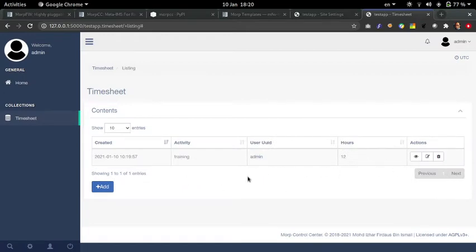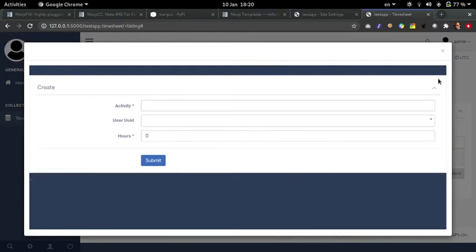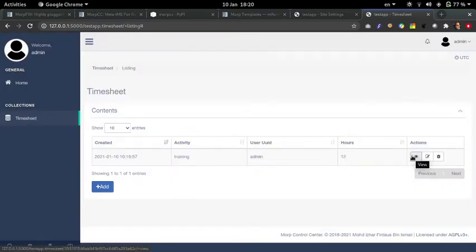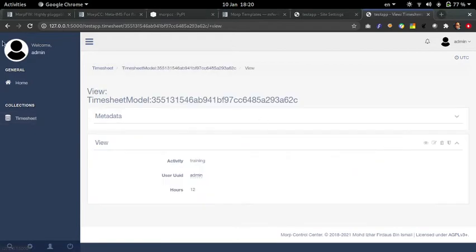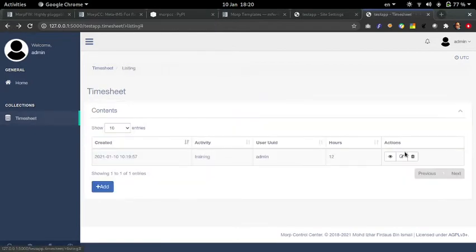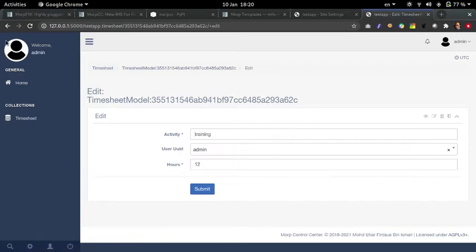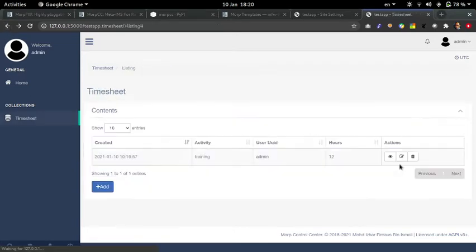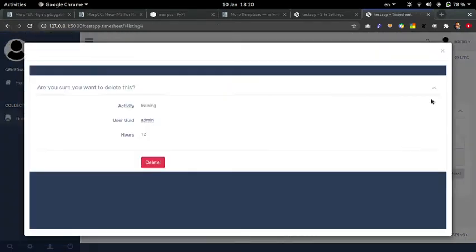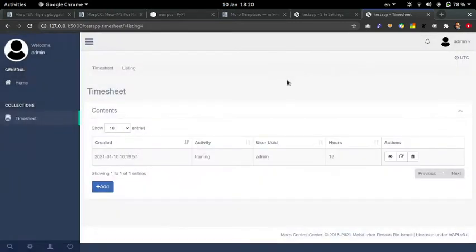So now you see here we have a create view, a read view, and then an edit view to edit a record, and a delete view. Okay, now take note here, Morp framework has time zone awareness, so all the records that are created are time zone aware,